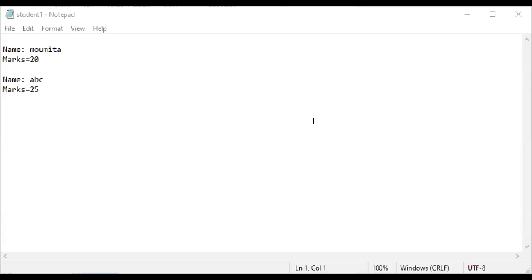So in this way, you can create your text file anywhere in your device, your laptop, your desktop, whatever you want. Now the second part is how to read a file from my device using a C program. How do you create a file? How do you write something on that?